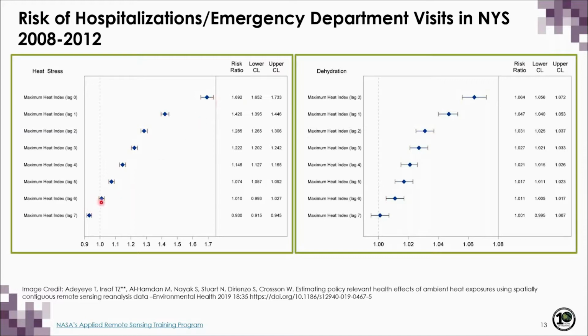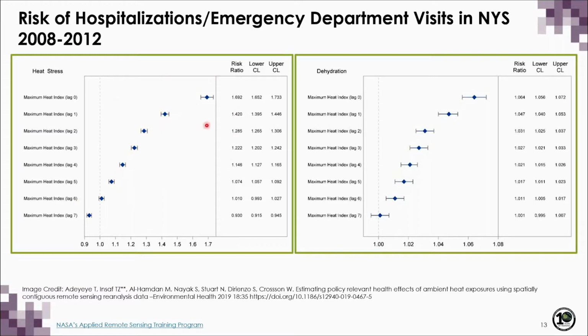Any estimate where the lower confidence interval is above the reference line of 1 denotes a statistically significant risk. So we looked at risk due to heat exposures up to 7 days before the illness. The first estimate, lag 0, is risk on the same day of illness, and lag 1 is risk due to exposure the previous day, or 1 day prior to the day of illness, and so on. These results suggest that the risk of illness remains significant 5 to 6 days after heat exposure.